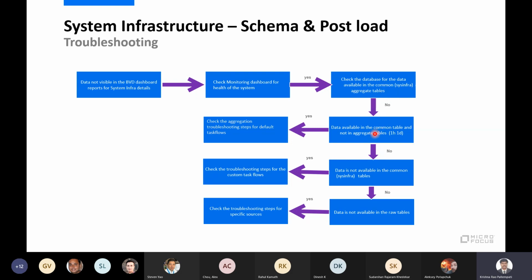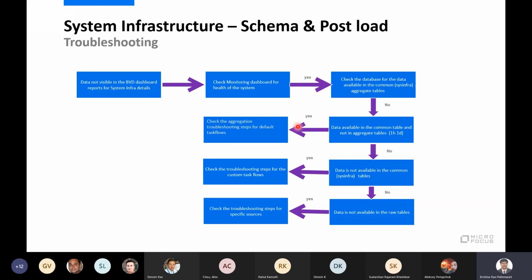Then what we will do is we will see whether the related aggregation task flows ran or not. Is there any errors in the aggregations log? Mainly those aggregation issues, not the script issues, mainly the Vertica issues or Vertica availability, as well as the certificates. Is there any certificate change in between?